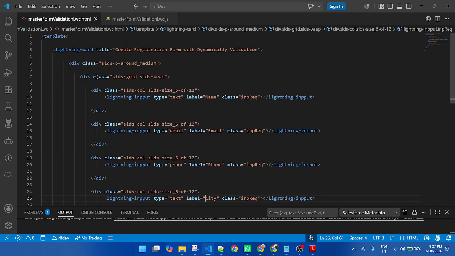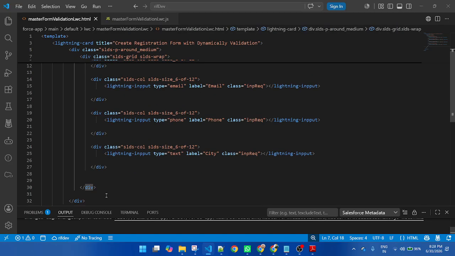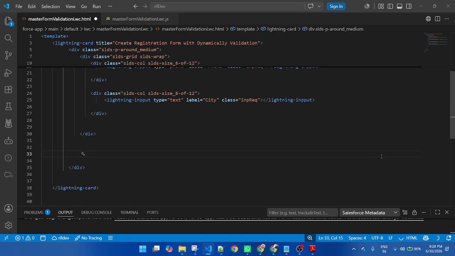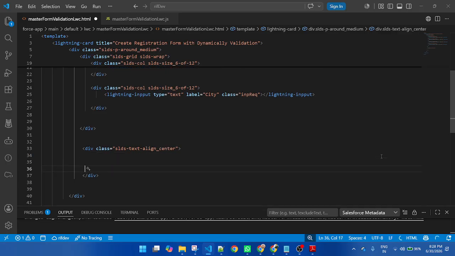And after this wrapper, I will create another div here, class equal to slds-text-align_center. In this div, I will create a lightning button.